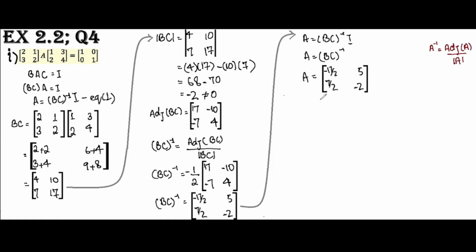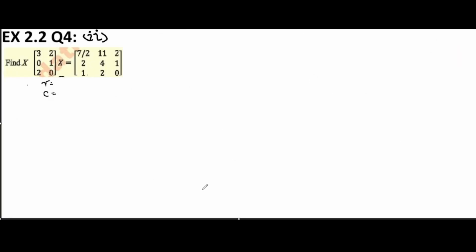So we have found the matrix A, which when put over here, we get the product as an identity matrix. So this is our answer. Thank you. Now we are going to start the second part of question number 4, which says that we have